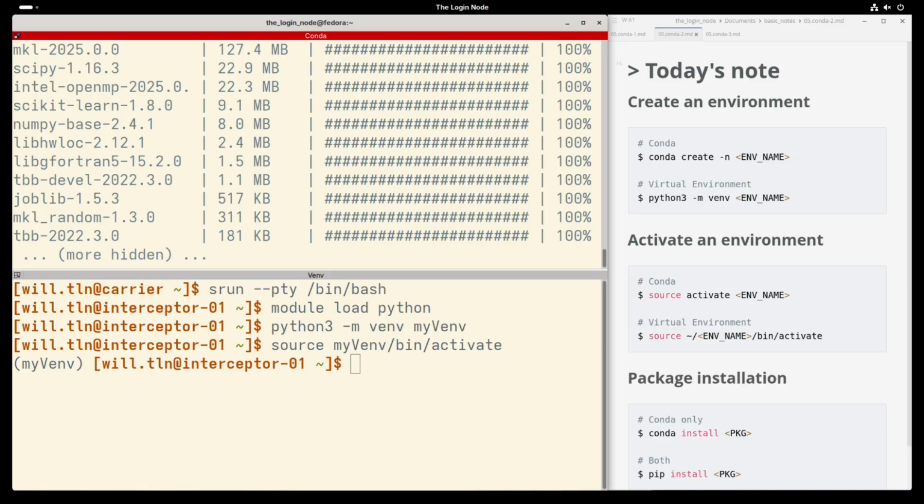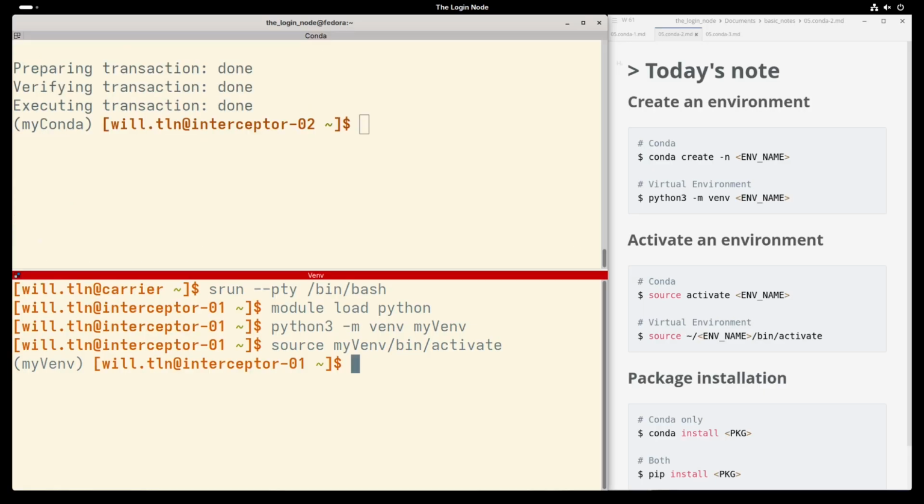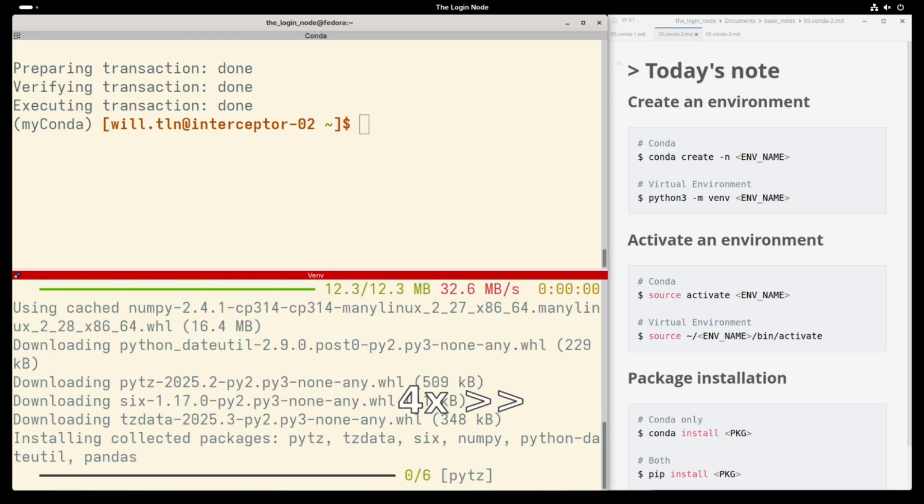It saves you so much pain. Quick note, you can use pip inside the conda too, but try conda install first for big libraries. For venv, pip install pandas. Pip works great too.